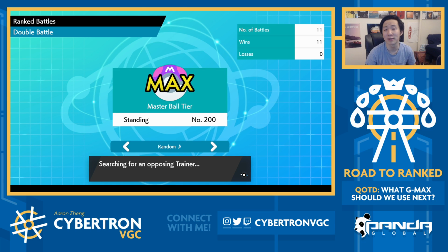For the last two episodes of Road to Ranked, it's a brand new season. We're back in Master Ball tier, as you guys can see, and I am using the team that was able to get number 1 on the ladder in the previous season. It features things like Choice Band Rhyperior and Assault Vest Ferrothorn,